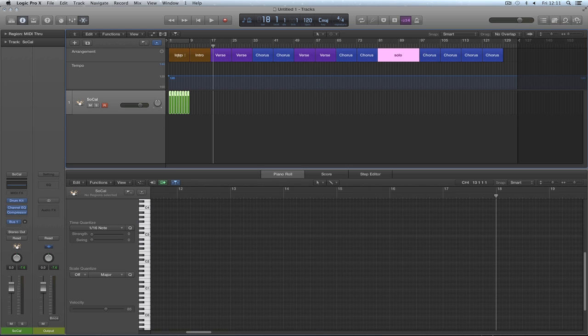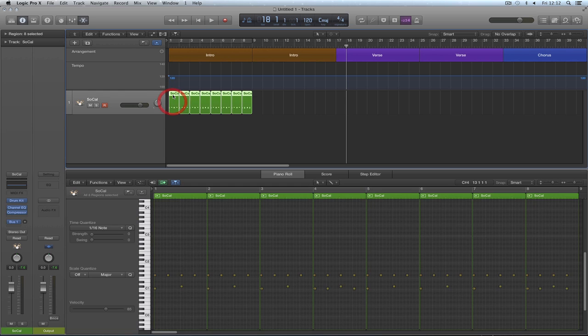Okay, so we've got the markers in, arrangement markers. We've got our tempo line set at the default we set for the song, and we've got our basic beat cycle for one cycle of our verse and chorus. You know that the verse and chorus are the same length, so one cycle of playing. Okay, to do a full cycle of verse we've done the drums for it. So now what we do